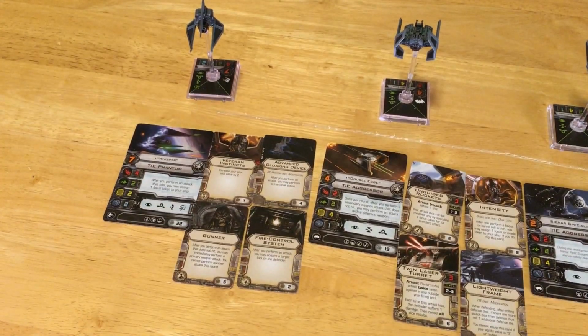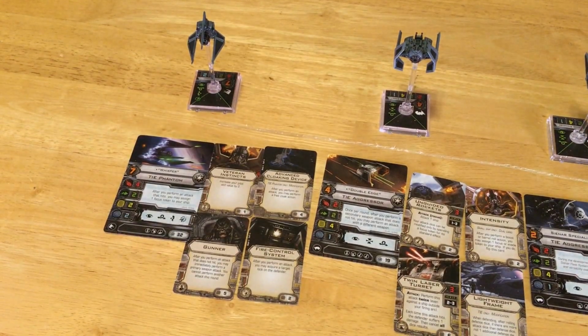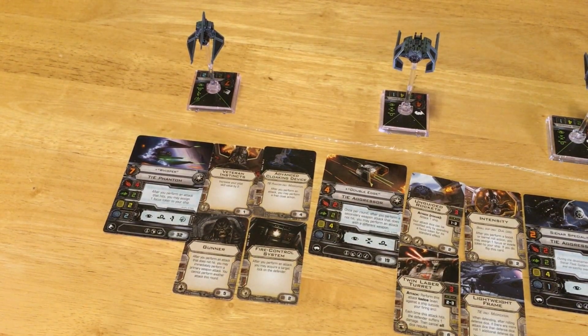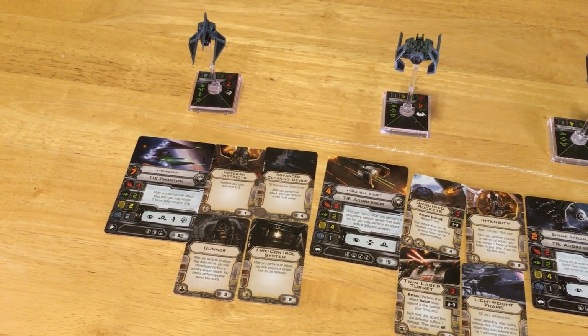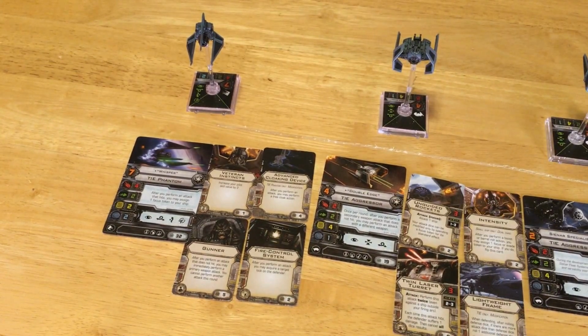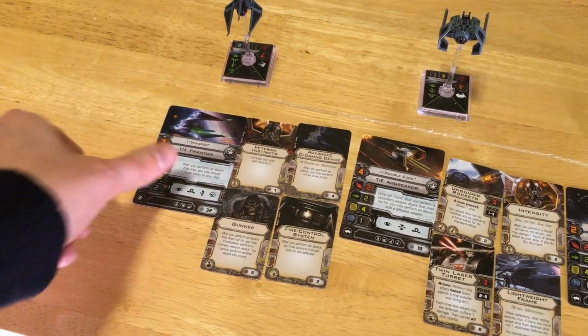Perfect practice makes perfect, so you won't get good unless you keep trying to fly a Phantom. It'll probably take a couple of games to really get down the cloaking mechanic, but once you do, it becomes a pretty powerful tool. And so in this build, I have Whisper